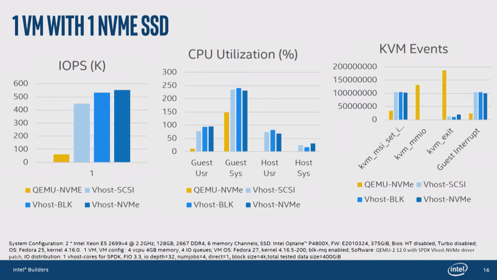For the CPU utilization part, at least for these three vhost solutions, we cannot see much difference from each other. But from the key VM events, you can see for the QEMU part, there are so many KVM MMIO writes